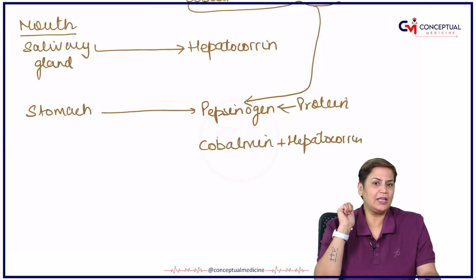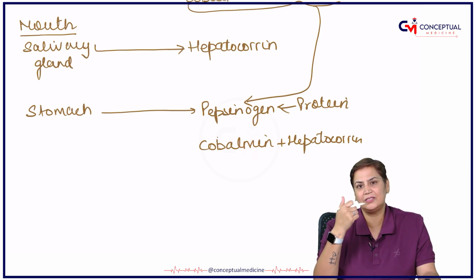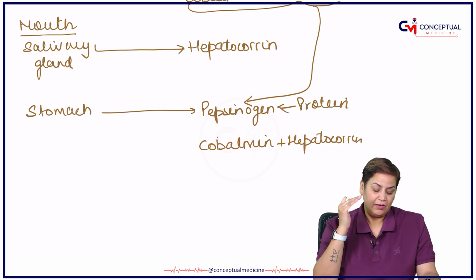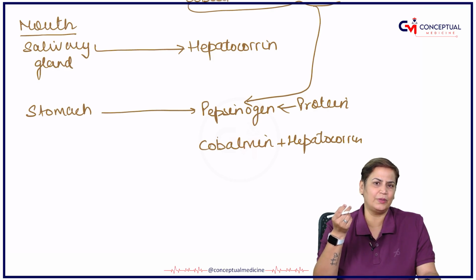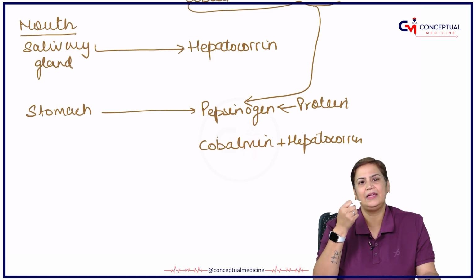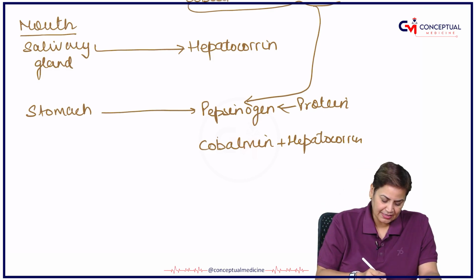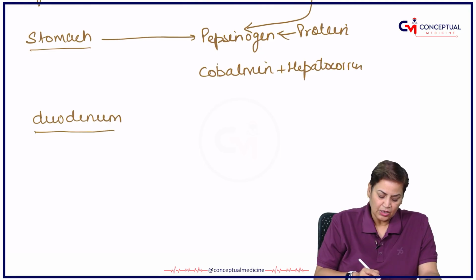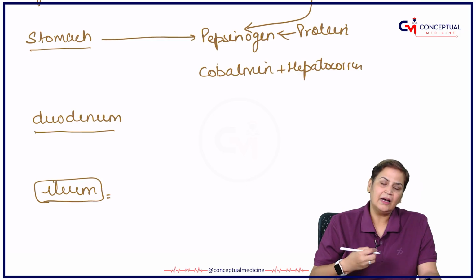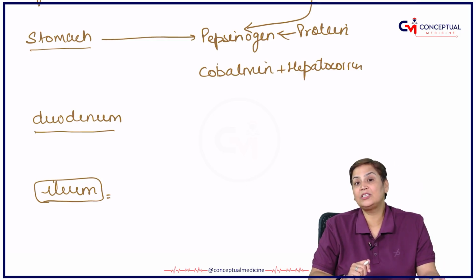Now one very important thing to remember about B12 is its maximum absorption takes place in the ileum. This is very important. No doubt it starts absorbing from the mouth, but in the mouth it is only 3 to 4%. The maximum absorption will be in the ileum. So it goes from the stomach, then reaches the duodenum and then the ileum. The ileum has a specific protein receptor,